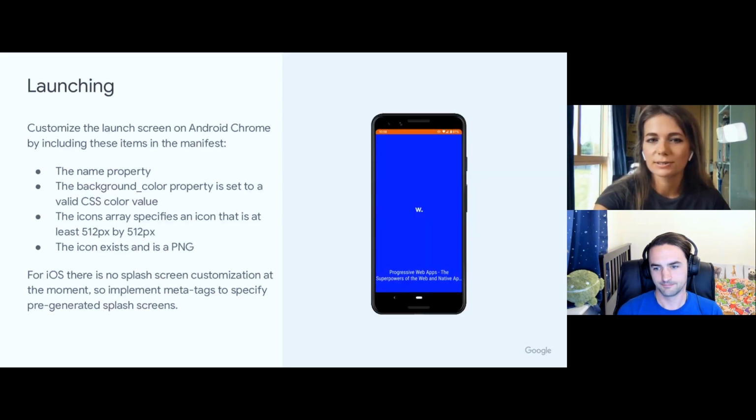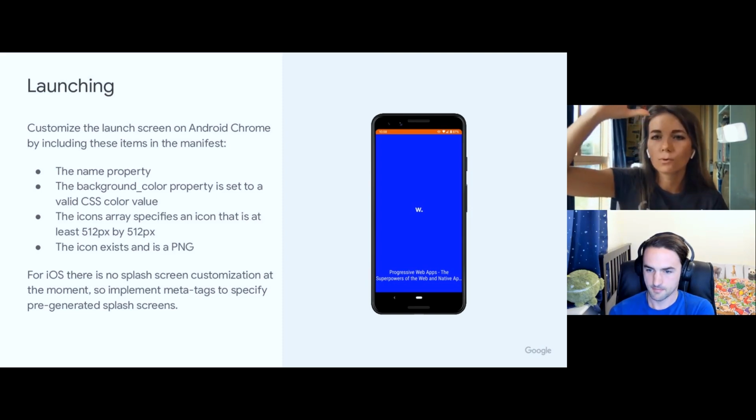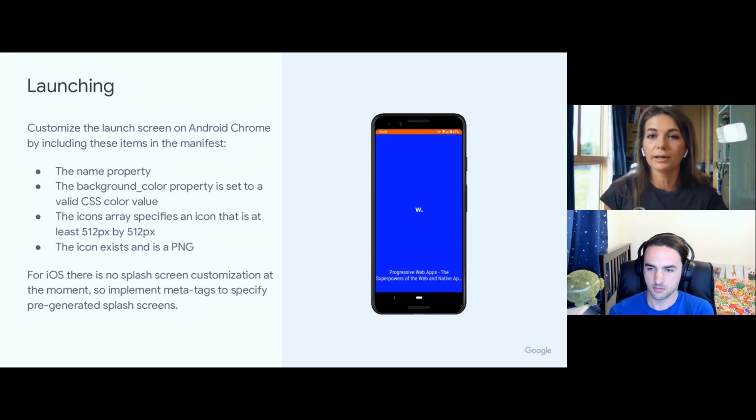So what is it, the standalone mode? Once the PWA has been first installed, but then launched from the home screen, it's going to open full screen with no browser bar on top, exactly like a native app, right? And it's going to be even separate from the browser when the user is cycling through the app switcher.